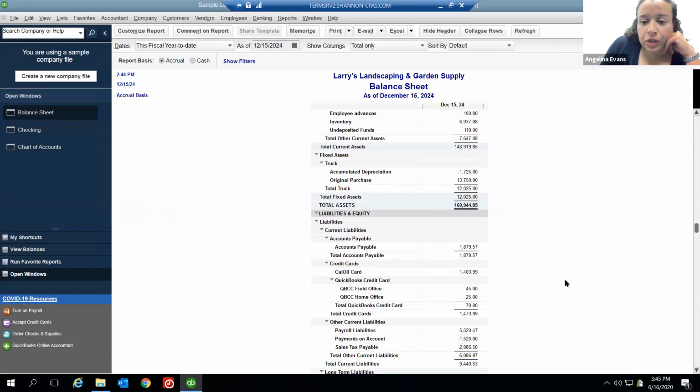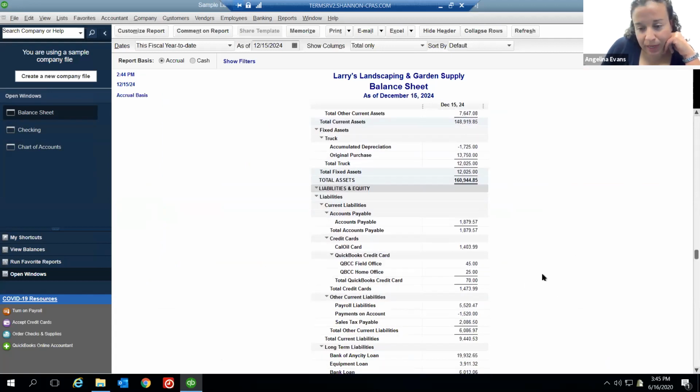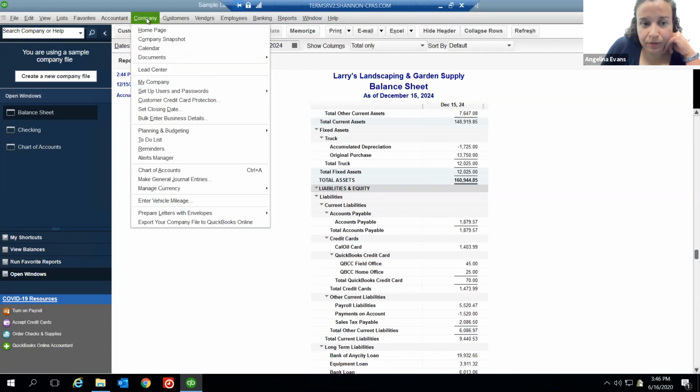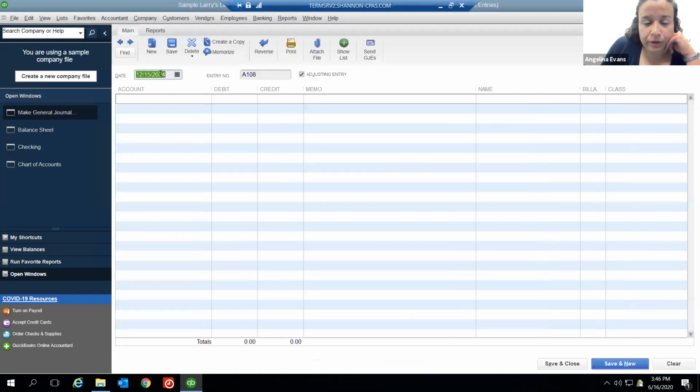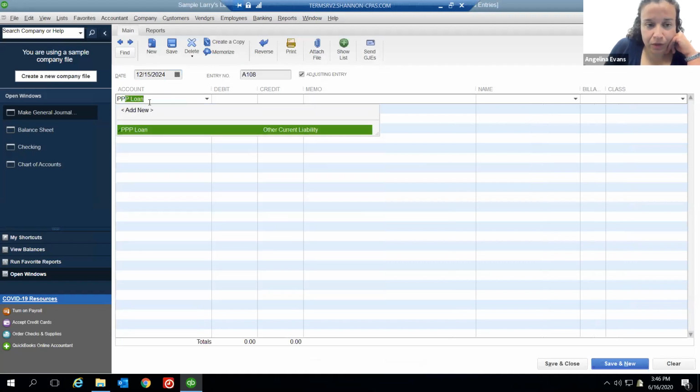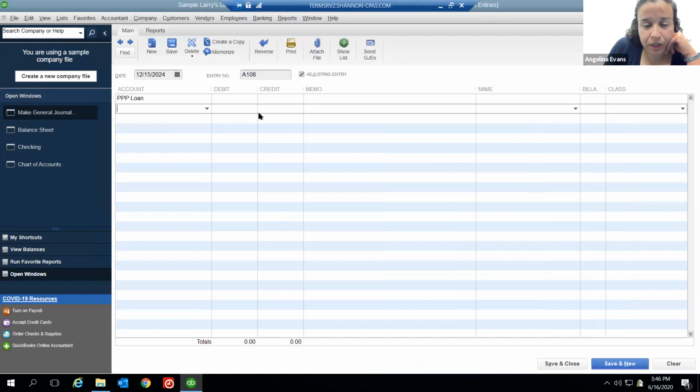So when that loan becomes forgiven, right now you're recording your income and your expenses normally. When that loan is going to be forgiven, you'll do a journal entry. Go up here to Company and make a journal entry. Date it for whenever you need, then find that PPP loan and debit it for the amount that you get forgiven. Then come down here and credit